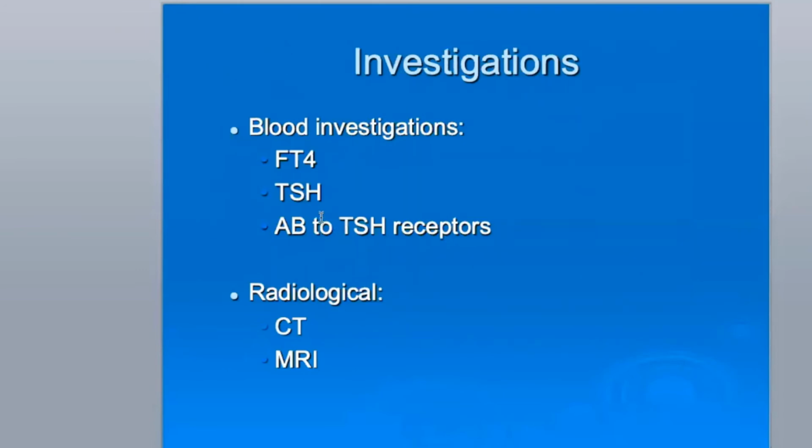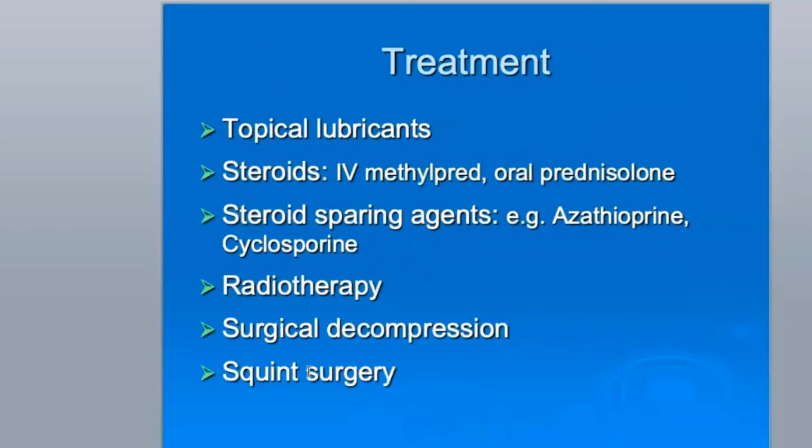Either your thyroid function test and also your CT scan or MRI. How do we treat the patient? If the patient is in an active condition, you have to give them methylprednisone, depending on the severity of the eye condition. If the optic nerve is affected, you have to give intravenous methylpred. If, let's say, there's thyroid eye disease but the vision is still perfectly good, you can still give them